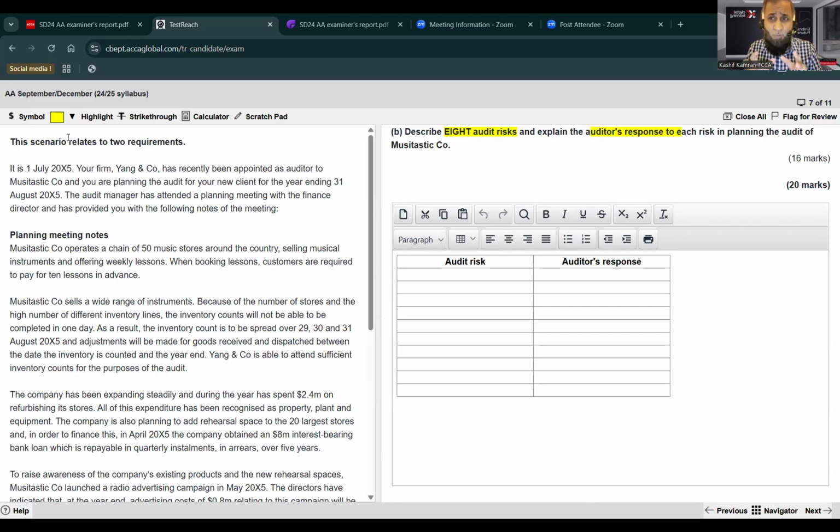Yes, at times you were missing on those under and over statements. At times you were missing on writing that vague term misstated. So be very specific to that. If I can just give you one quick example and move to the reporting area. Just looking at here,